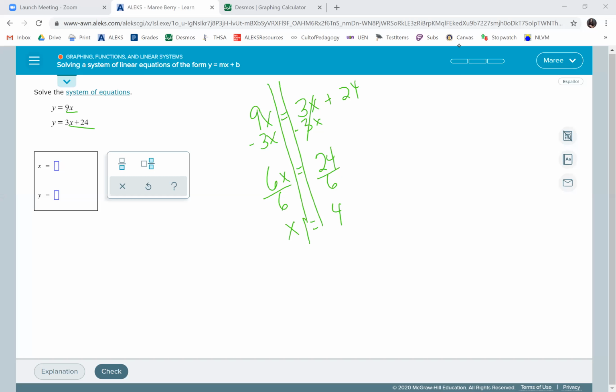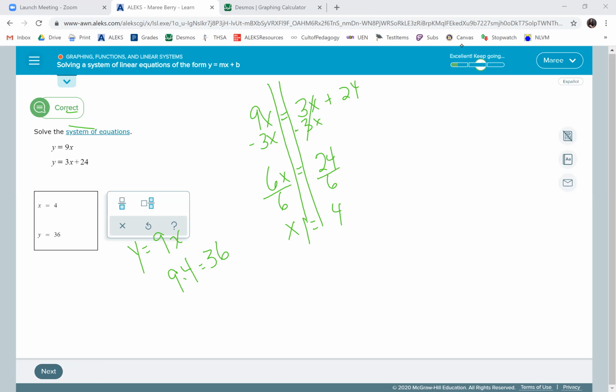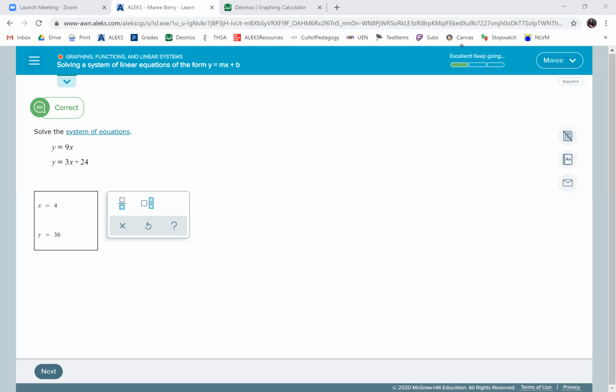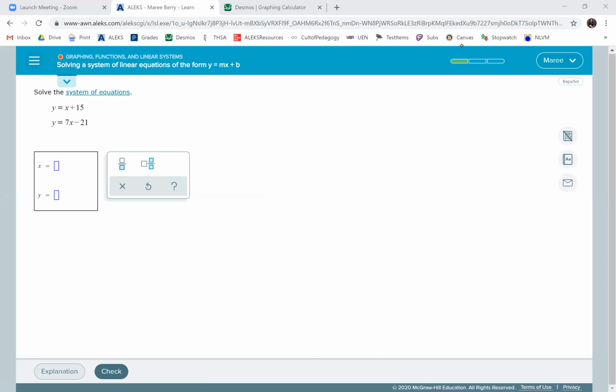So once I have x, I'm going to type it in, and then I'm going to try to figure out what y is. So y was 9 times x, and x was 4. So 9 times 4 is 36, and that is what y equals. Now we can check it if we want, but this is an easy way to check, is just hit check. If it's wrong, then I can redo it. It happens. Sometimes it's wrong. Here we go. We're going to do one more example,